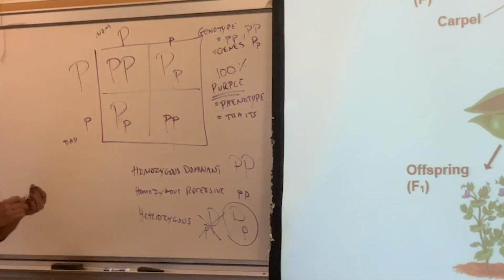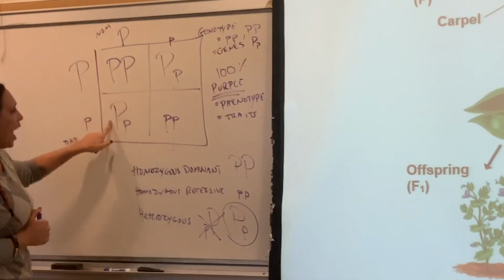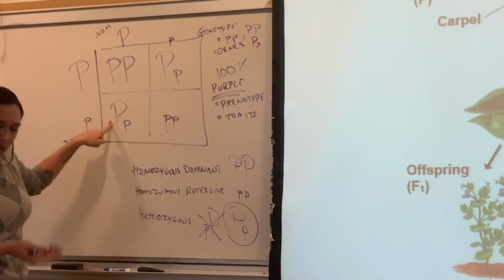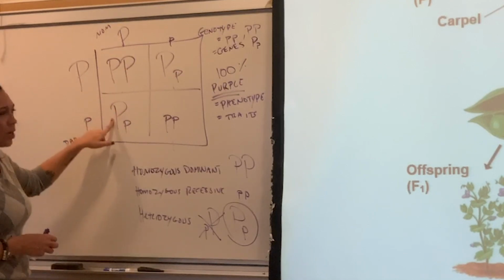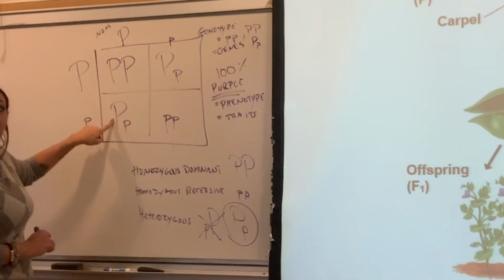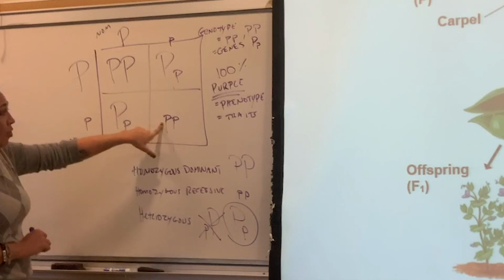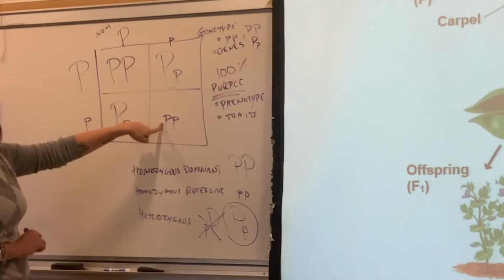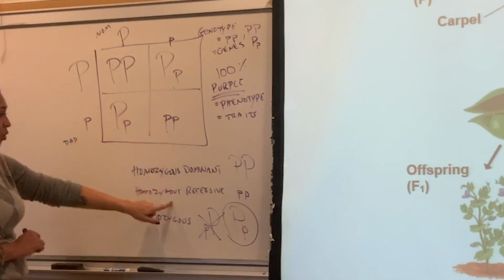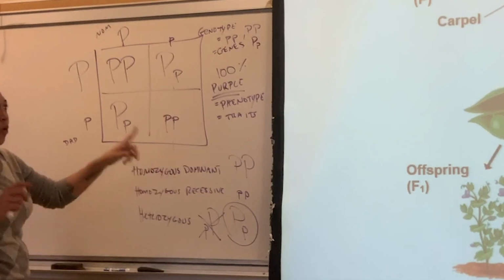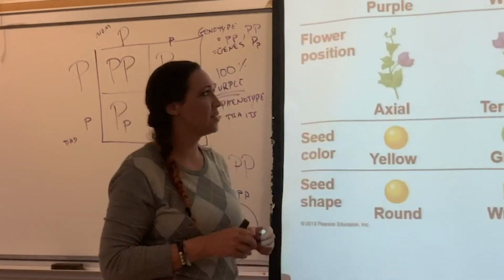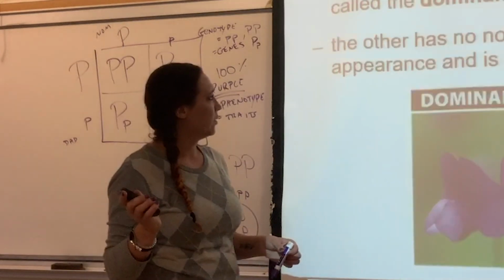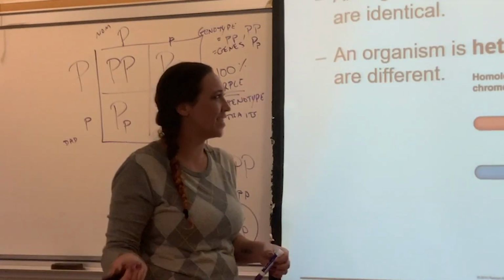So in this case, right, anywhere you see a capital is going to be purple. Anywhere you see capital means it's dominant. It has the dominant trait. The dominant phenotype is going to show up. In this case, we're talking about purple. Now, lowercase p, we don't have any dominant traits, which means he's homozygous recessive. We're now going to get our white flowers back, and that's exactly what we see in the second, oh, I got ahead of myself, in the second generation.